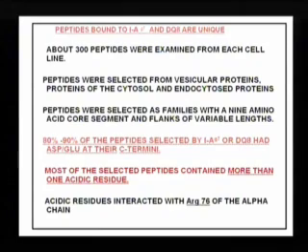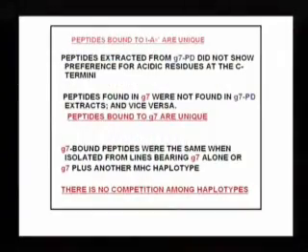Okay. And you can show by a number of studies that those acidic residues are now forming an ion pair with the unpaired arginine 76, which was unpaired because there was no aspartic acid on the beta chain to form the salt bridge. And in studies that were done specifically with G7 lines, the peptides extracted from the mutant did not show the preference for acidic residues, again showing you that aspartic acid was the key one in there. And peptides shown bound to one were not found bound to the other.